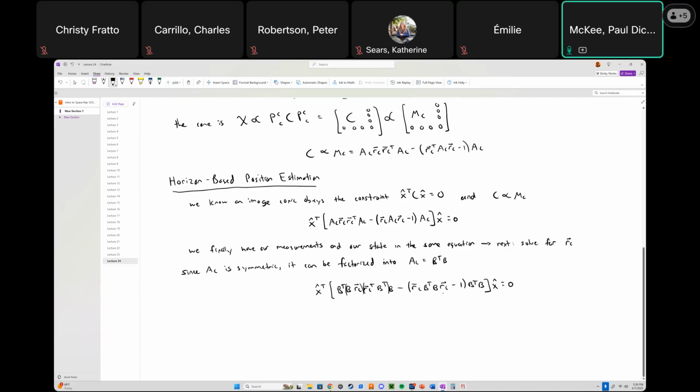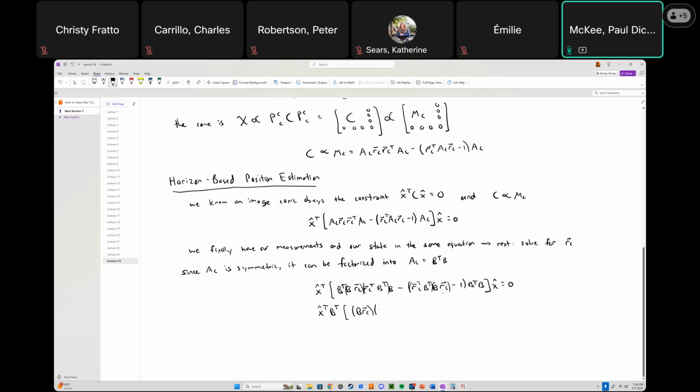This should be a transpose, and this should be a transpose. So here we have, again, BRC and BRC. Okay. And if we pull out some common terms here, we get X transpose, B transpose. And then in parentheses, we get this